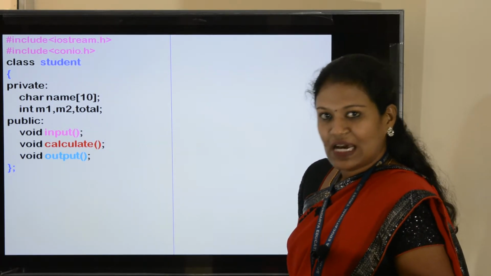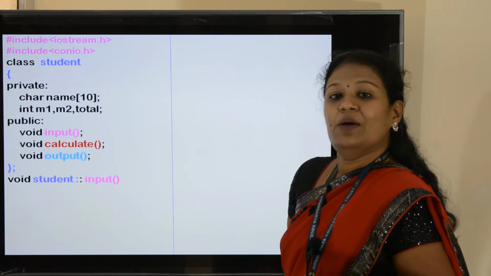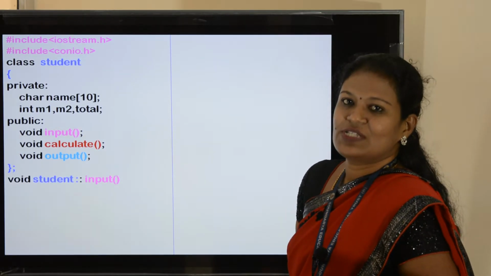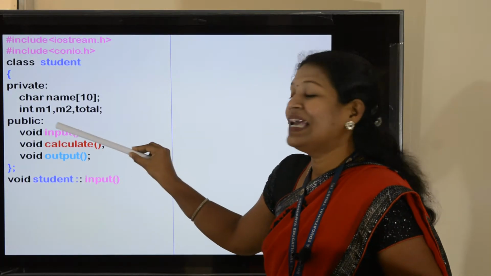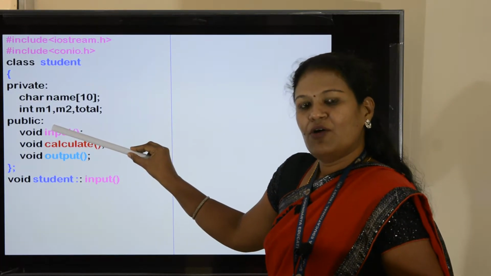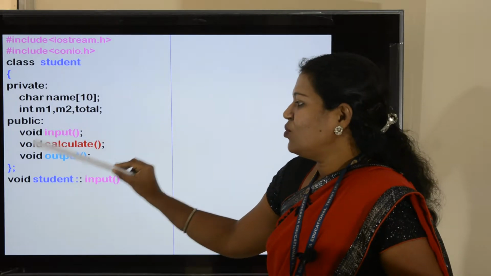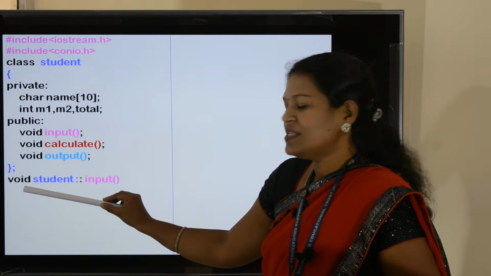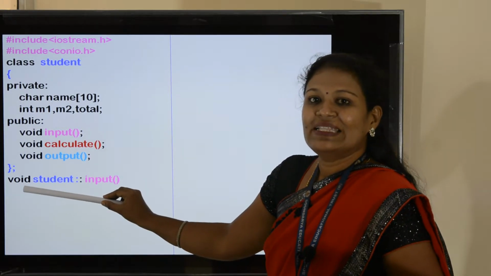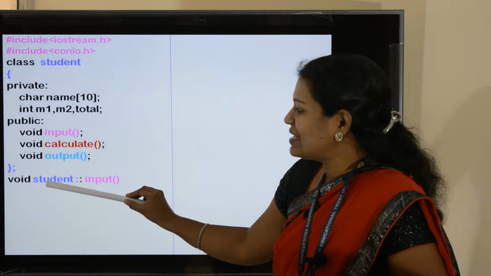Now we will start with accessing the member function outside the class. The first function we are going to access is the input function. How will we access it? First we need to give the return type. Here the return type is void, followed by the class name. What is the class name here?